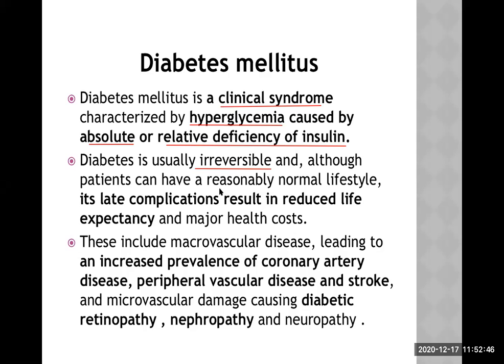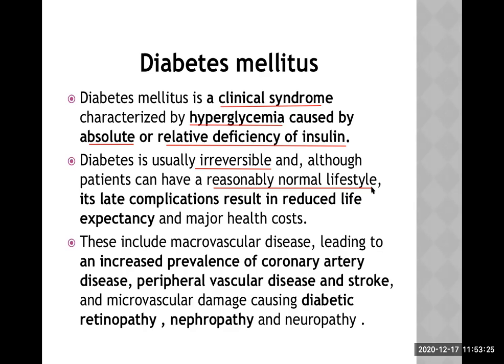Another point, a diabetic individual can have a reasonably normal lifestyle if they keep tight control of blood sugar level. Probably they'll postpone the complications much later in their life, or sometimes they do not develop those complications at all. It is all about how tightly you are controlling the blood sugar. But if somebody is negligent, they do not even check their blood sugar level after the diagnosis, then the complications will arise quite early in them.